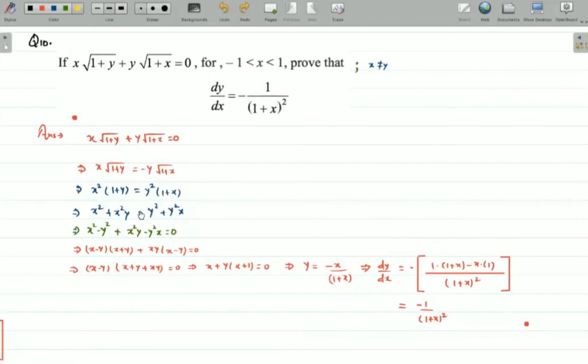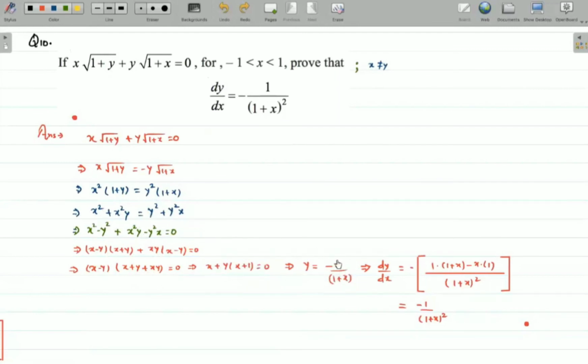I'll multiply the terms on both sides. I'll bring the terms on the left hand side now. So I'll group the x square y square term. Here I can take xy common. Here I can apply a square minus b square. In these two, I can take x minus y common. So from here I'm left with x plus y. From here I'm left with xy. Since it is given in the question that x is not equal to y, this will never be 0. So this part will be 0. I'm taking y common from here. I'll bring this x inside. I'll divide. So y equals minus of x upon 1 plus x.